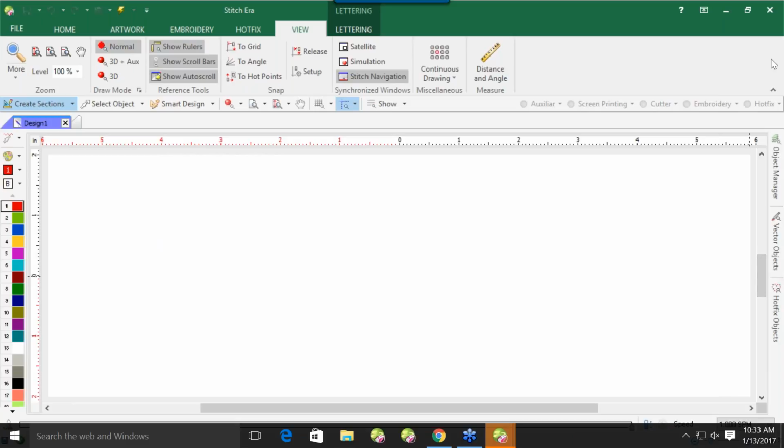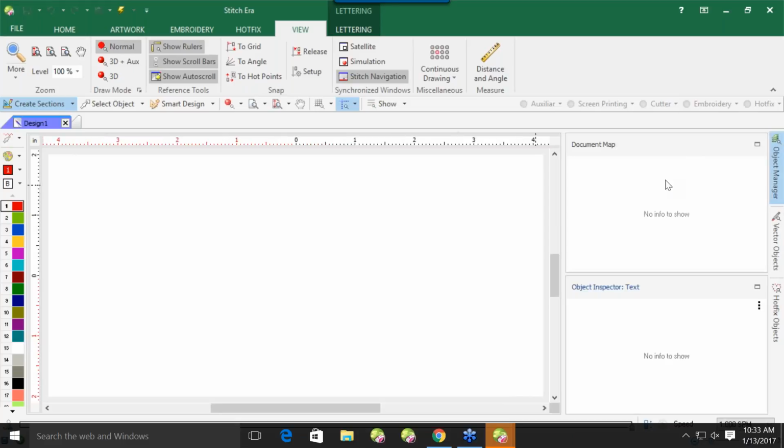Let me just undock that, there we go. Hold on, let me set my screen up. And you have Object Manager, okay? Your document mapping will be right here. It'll show all your stitch packs and the parts of your design, as well as your vector or image files. And then down here are the intricacies of that information. It'll be listed down here so you can change